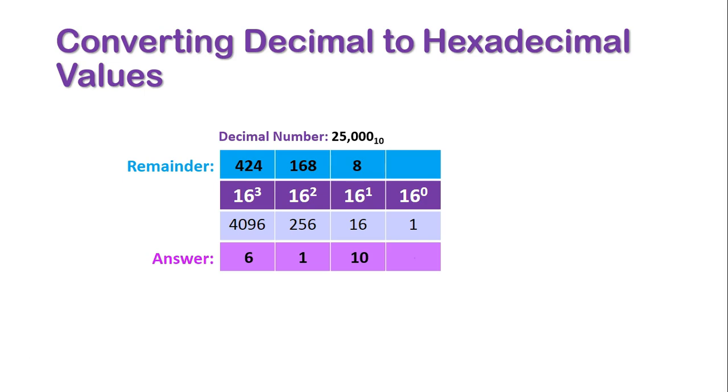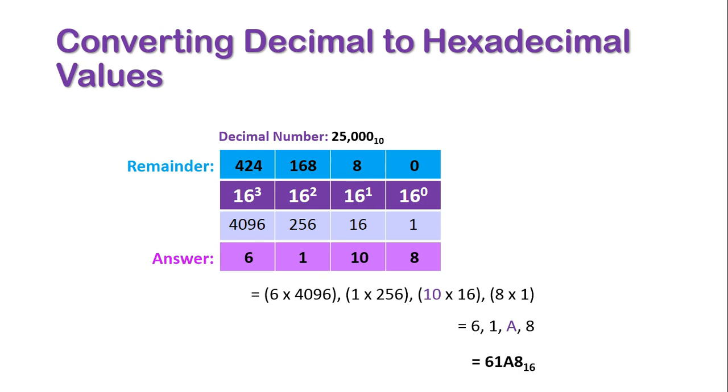And 1 goes into 8 8 times, and that's it, no more remainder. So once again, our formula reads 6 times 4096, 1 times 256, 10 times 16, and because we can see it's a 10, we've highlighted it because 10 becomes the hexadecimal value of A, and then 8 times 1. So we have 6, 1, A, and 8, which give us the hexadecimal value of 6, 1, A, and 8,